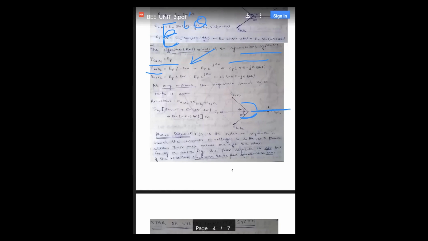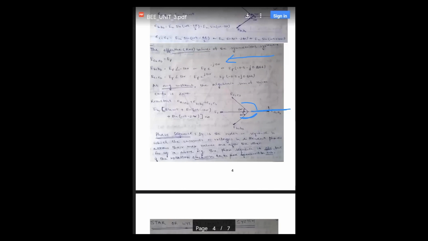So it becomes EP bracket starts cos theta plus j sin theta. So we have used the same here and represented this EMF as EP cos of minus 120 plus j sine of minus 120 degrees. Okay,